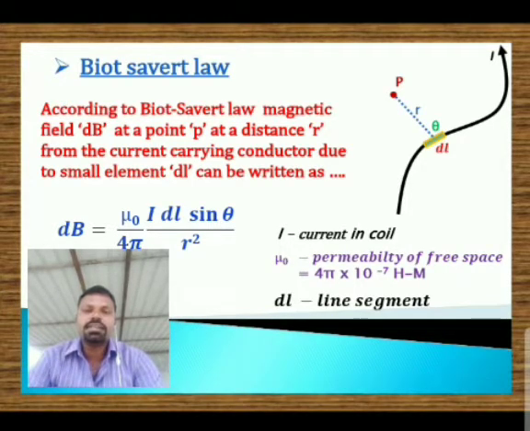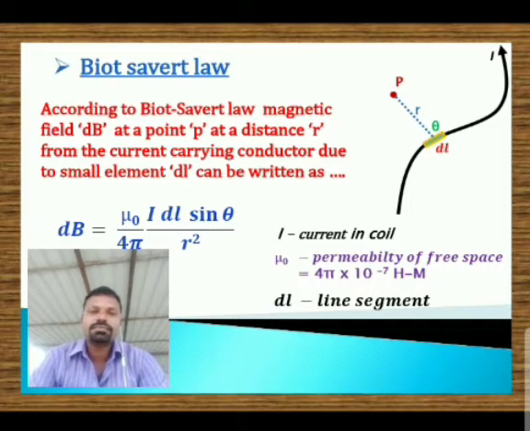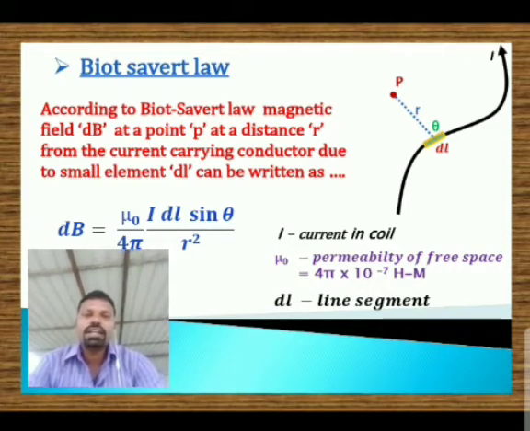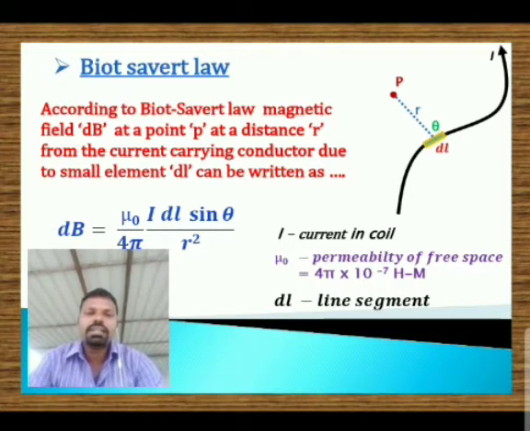Biot and Savart together studied many experiments to determine the strength of the magnetic field produced by a current carrying conductor. According to Biot and Savart, the magnetic field produced due to a current carrying conductor